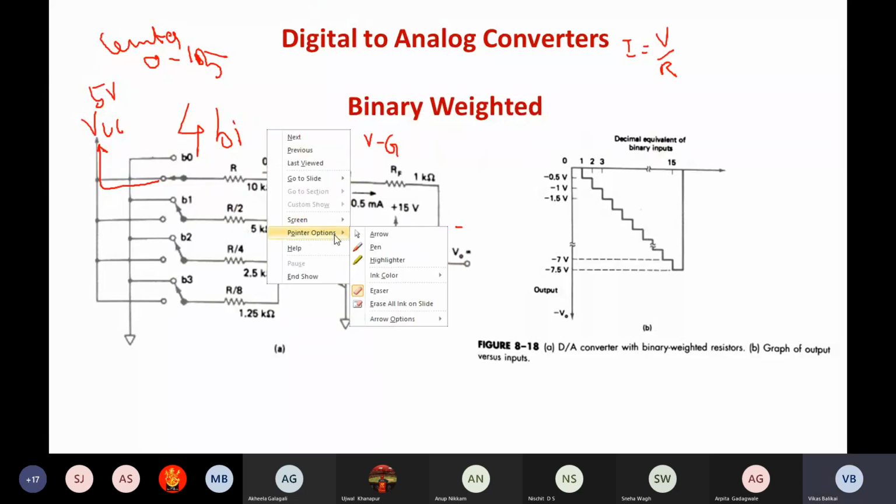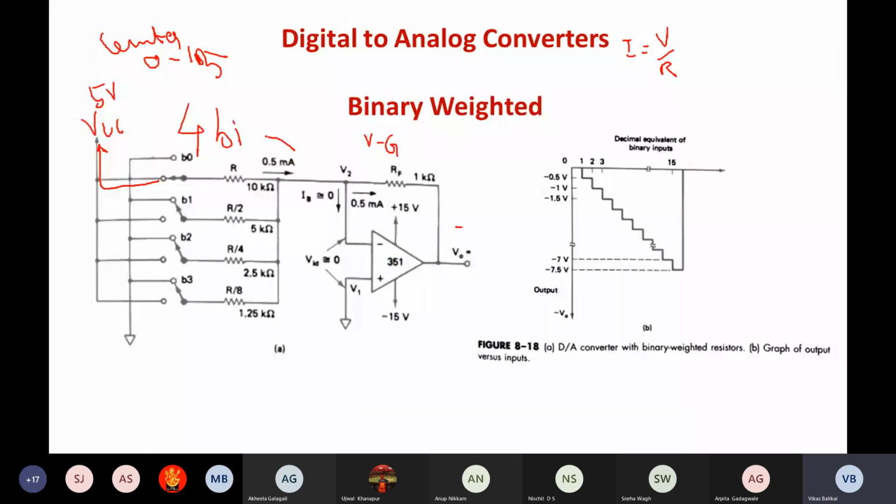So if this is the case, I'm going to get 0.5 milliampere flowing in the R resistor when this is connected to VCC. And because I need to be considering the effect of input bias currents and offset voltage, everything, right now I assume that the biasing, that is the offset voltage elimination, has been taken care of by some circuitry over here. So let us not worry about that circuitry.